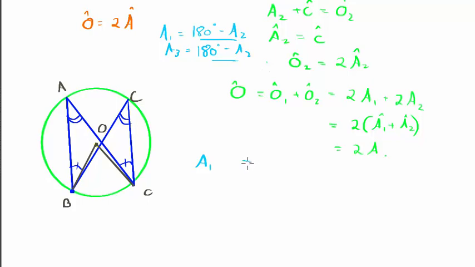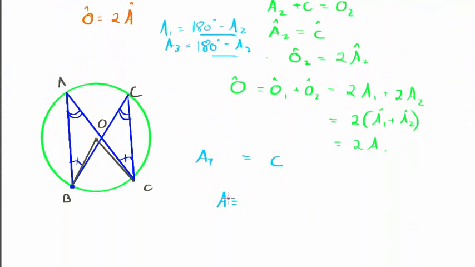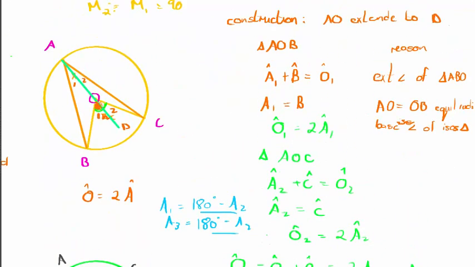So you want to show that A is equal to C. So A is equal to what? What can you say A is equal to, using the theorem we just had? Can you say that A is equal to B? No, A is not equal to B. It's not isosceles. See, this line here is not from the center. No, not the proof, this theorem.